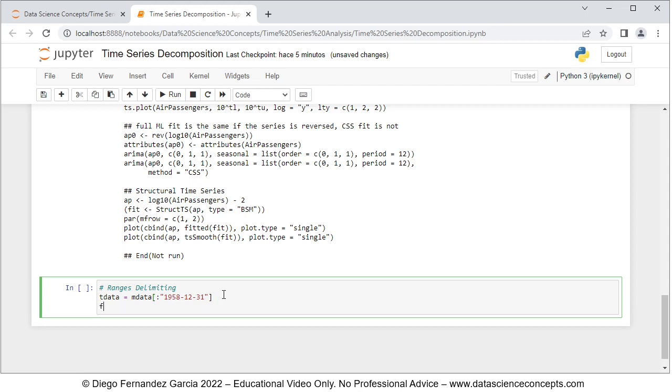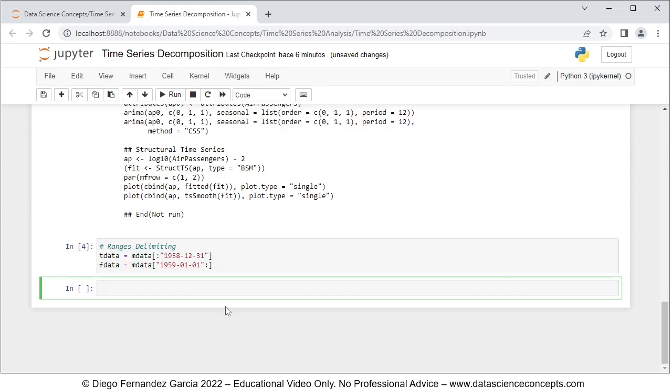And then we have fData, which is going to be the testing range, and in this case, again, from mData object, we're going to select from the beginning of 1959, therefore 1959-01-01 or January 1st of 1959 all the way to the end of the time series. So the testing range is going to be the last 2 years of data, 1959 and 1960. In this video, we'll only be working within the training range. So to run these code lines, we press Shift-Enter on the keyboard,